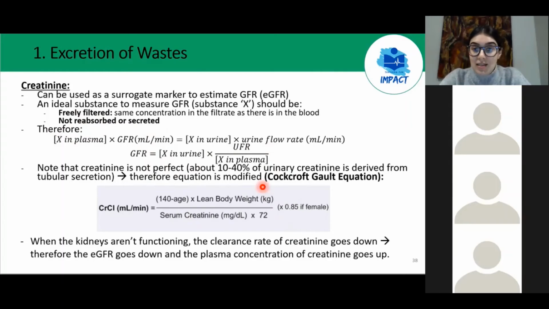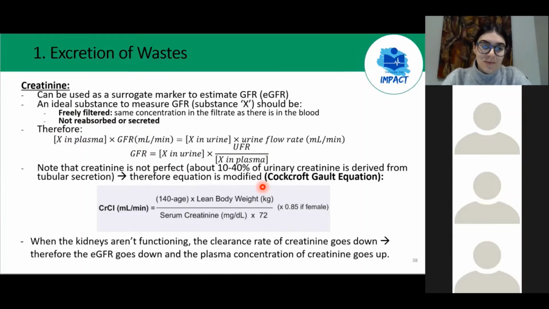So this substance actually exists. It's called inulin. But inulin is not an endogenous substance. It's actually an exogenous substance that needs to be given. So you need to give someone inulin and track it being in the blood, filtered through the blood into the tubules and out into the pee. Inulin is the most accurate representation of glomerular filtration rate,